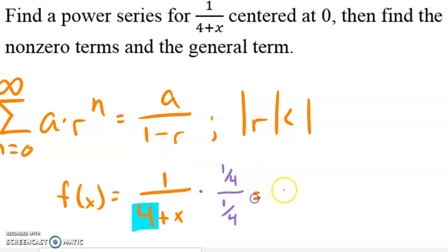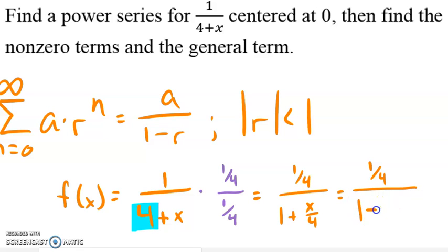So when we do that, we end up with a 1/4 in the numerator. We have a 1 plus x over 4 in the denominator. Of course, we're not going to forget to distribute. That would be silly if we forgot that. And if we say, well, we have to have that minus sign, well, we've seen that before. We've seen a plus, so we can change that to a minus, no problem. Instead of adding a positive, we'll subtract a negative. And suddenly, we no longer have,